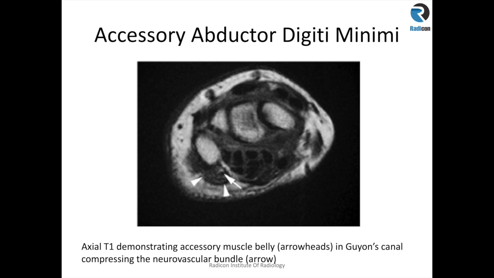So as I was talking about earlier, not all masses are pathological. Sometimes you get accessory muscles around the wrist like anywhere else in the body. So at the level of the pisiform, you may see an excessive muscle belly close to the Guyon's canal, and